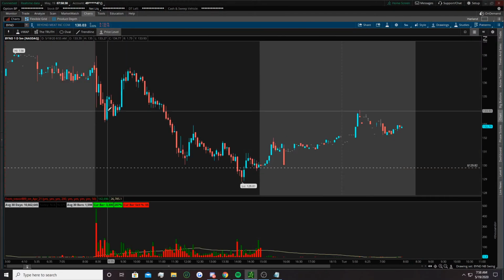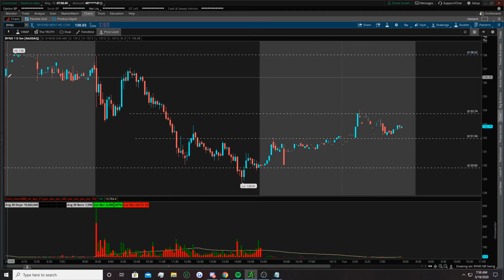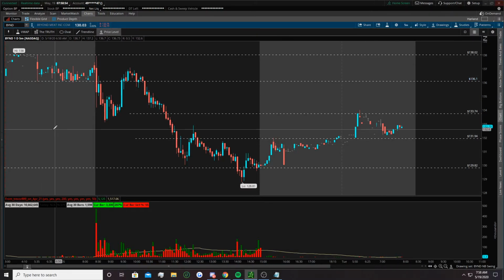One day, five minute. I like that we have a tight pre-market. That's fairly tight compared to other days. See, like right here, that's a tight pre-market. Less than $2. Both have big moves come out of them. Look, the fail, the strong rejection, the bigger one, more one-directional move. You'll probably get something similar to this. It also depends on how the market's going to do today, but this one really doesn't care